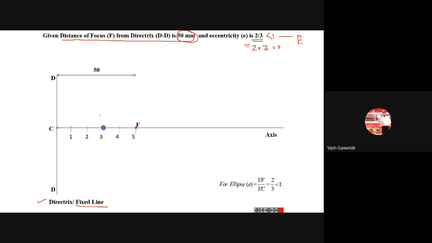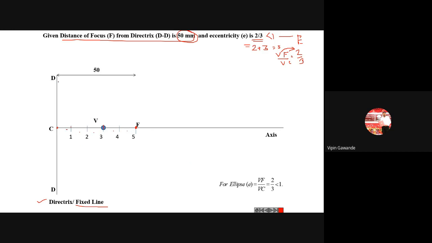Now where to mark the vertex? The next step is we have to mark the vertex. So where does the vertex come? We know that eccentricity is Vf upon Vc. Vf upon Vc is equal to 2 by 3. So Vf gets 2 divisions, 1, 2. So the vertex comes here. Vc is 1, 2, 3, so Vc got 3 divisions. So you will get the vertex V directly from here only. Vf is having 2 divisions, so start from F, 1, 2, and here you mark the vertex. Then automatically Vc will get the required number of divisions. Vc is having how many divisions? 1, 2 and 3. So we got this one.